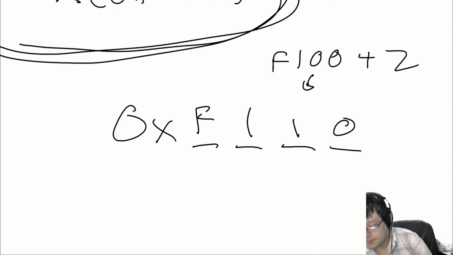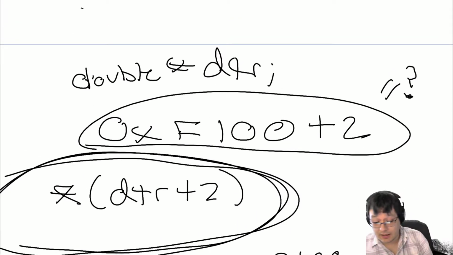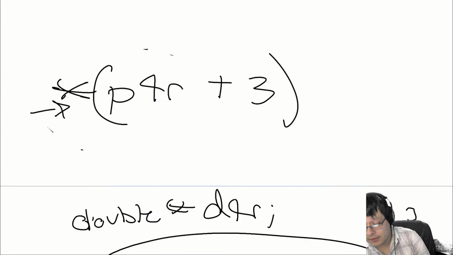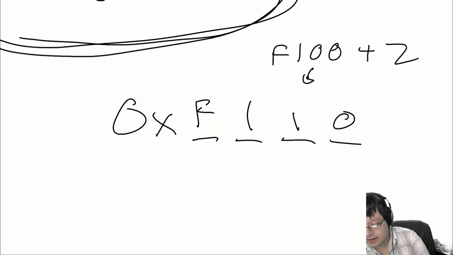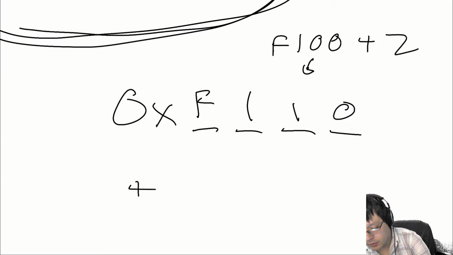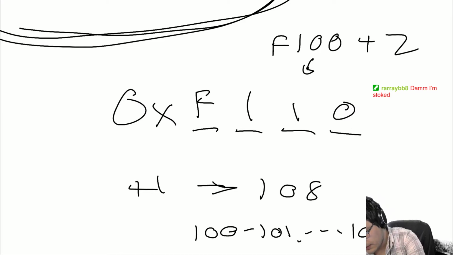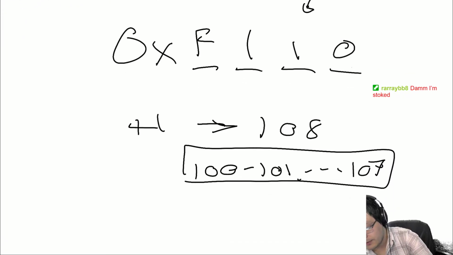So basically, pointer arithmetic, as you can see, can be a little bit tricky. Because this is a double, and like we said the double takes 8 bytes, if we wanted to store another double in there, we have to do +1, and that would have given me 8 bytes later. So that would have been 108, because 100, 101, all the way to 107 are all used up by one double variable. And then 108 all the way to 10F